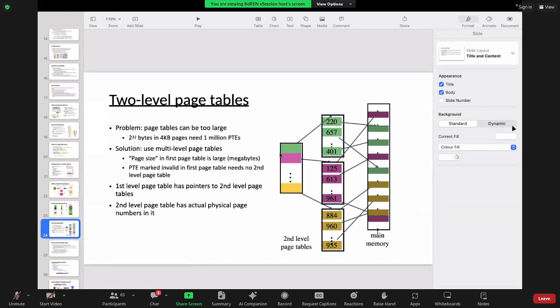As soon as we hit the green, we don't need to check all things. We can just go to green. We don't need to do all the checks here. Now in the green, 657 gives the corresponding memory frame. Even if you have a large set of addresses, by splitting them we are able to reduce our page table sizes, and maybe the checks increase, but that's okay, we can do it effectively. The first page table has pointers to the second level page table, and the second level page table has the actual physical numbers in it.